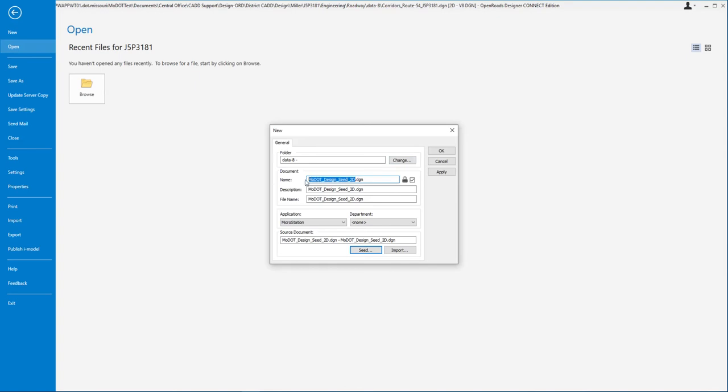Then I'm going to paste in my land boundary name, Land_boundary J5P3181, and since this padlock's on, both the name and the file name get produced in the same area, and we're good to go. So I'm going to hit OK,